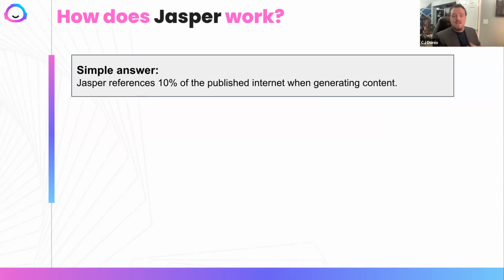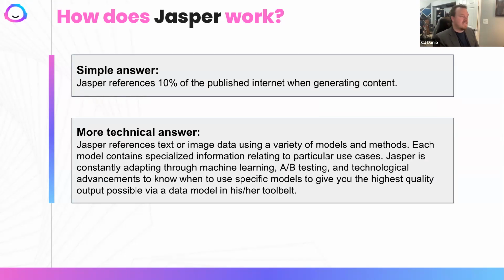So basically, to give you the more technical definition here, Jasper relies on a bunch of different models. Those models are specialized to specific use cases, like my example with cars, automotive, right? So Jasper knows which models to go to to get you the best possible, highest quality output.